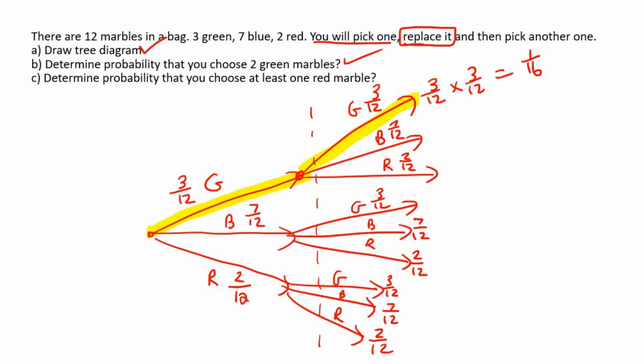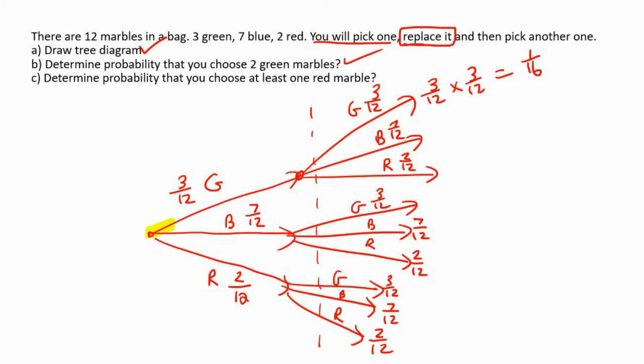Now you need to understand what this means. At least 1 red marble. That means you could choose 1 red marble, but that also means you can choose 2. It says at least. At least. It doesn't mean only 1, it means 1 or more. So now this is important. We're about to learn something new here. So the way that you could get a